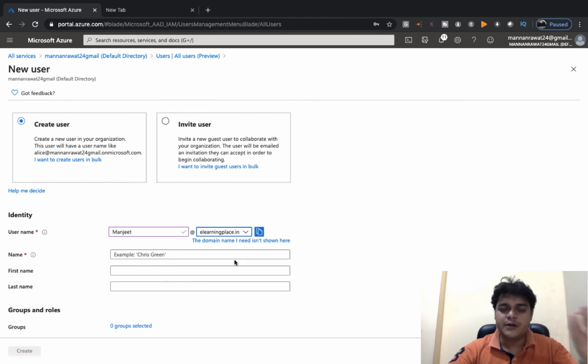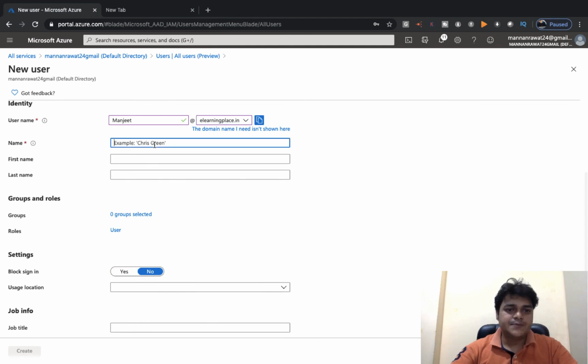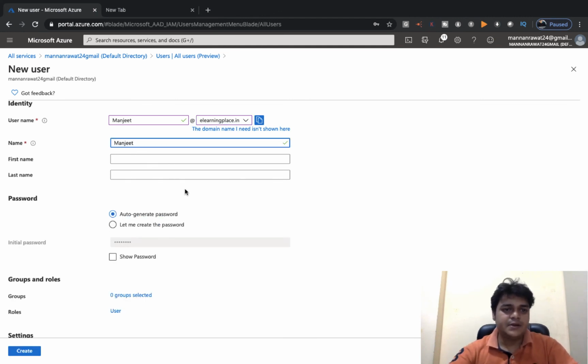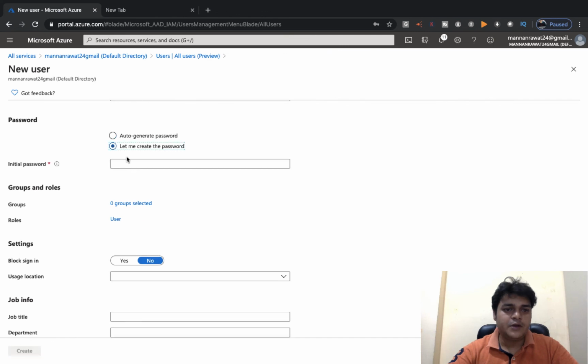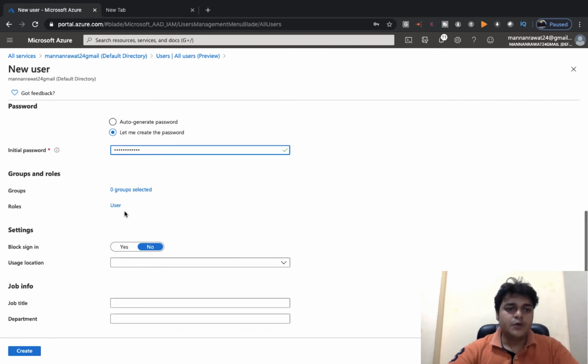If you are planning to create your user and associate it with your own domain, you have the option to select the domain. Just click on the drag and drop icon, select your own domain and configure it. The display name is MANJEET, and you need to configure your password. So I'm going to proceed with the password.